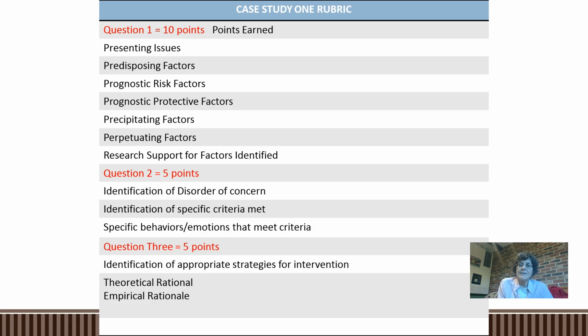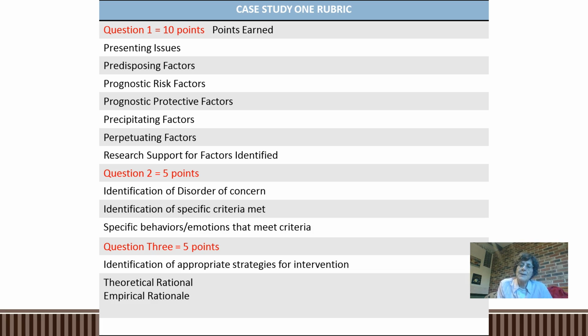And then identify specific criteria that each or the one disorder that you believe is met are met. Identify the criteria and then match it with the specific behaviors or emotions that are presented by that child or family. Then finally, in question 3, I want you to take an evidence-based approach. Again, this is going to be fairly brief and certainly a concise summary. You won't have a lot of space or weight to go into a lot of detail, but certainly you need to have a